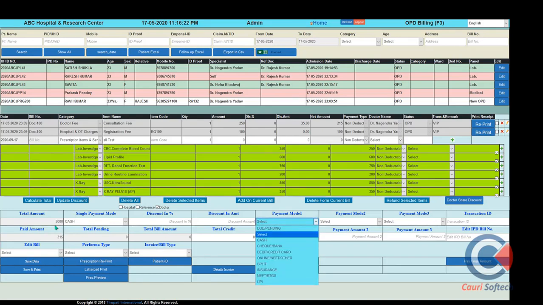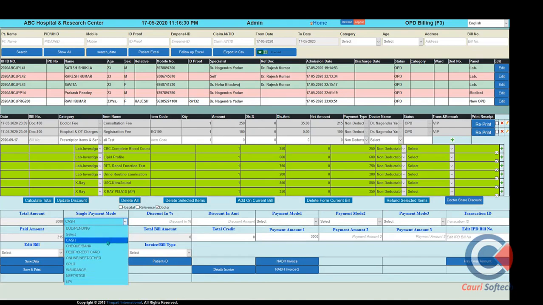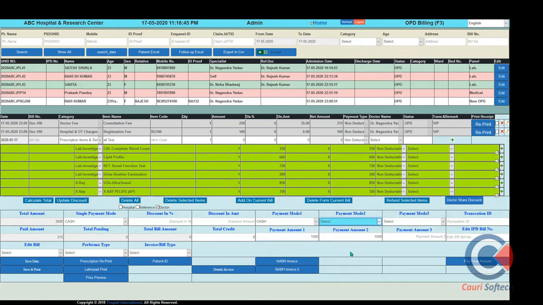If the patient has a total payment of 3,000 for all the above services, the due amount is shown in the system. The patient can pay all the payment in a single mode, like cash, or all the payment through debit or credit card; you can select here. In case the patient is not paying all the payment in cash and wants to use multiple modes, let's assume part payment of 1500 is given through cash, some part payment is given as a debit credit card, and some due payment the patient wants to keep and can pay later, when collecting the report. And the online payment transaction ID we can put here.